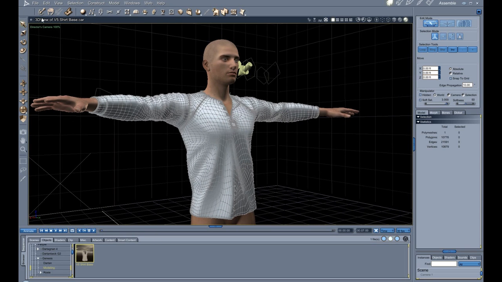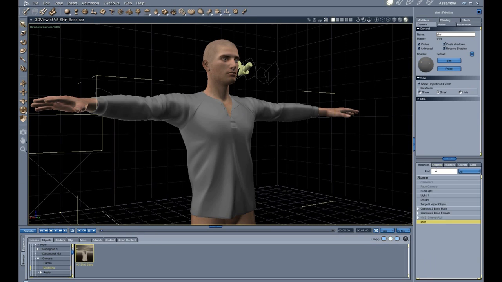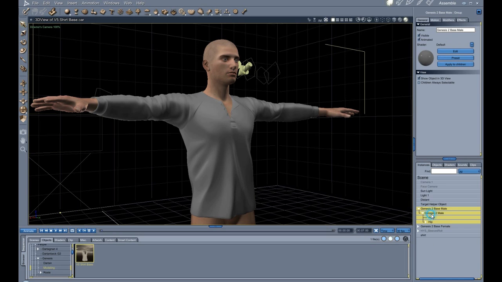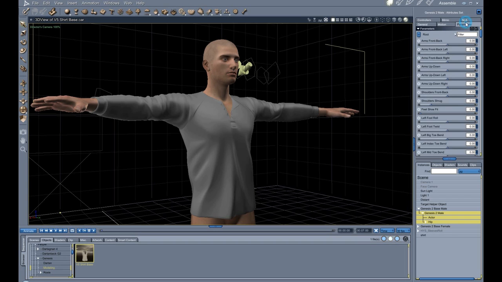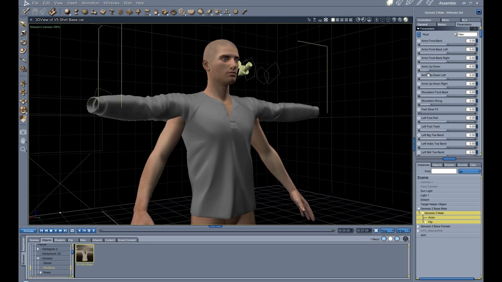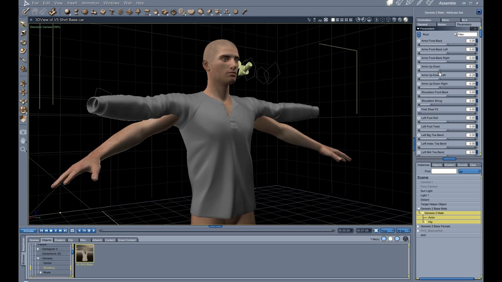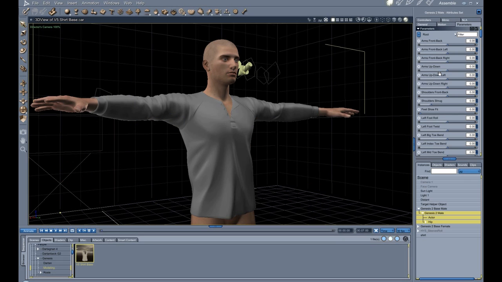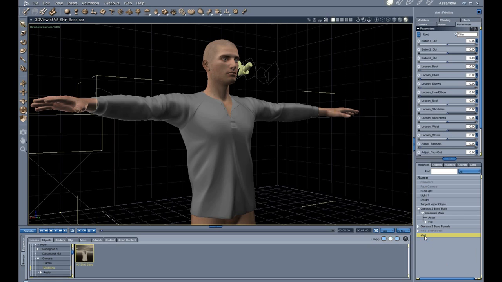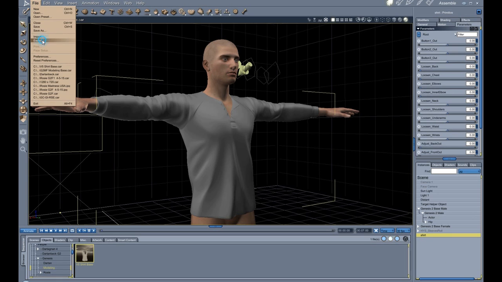Like right now, if I go like this, it's not a conforming figure. If I actually go to pose my figure, it won't follow at all. Right? It's just a model at this point. So how do we fix that? We take the shirt and we export it,